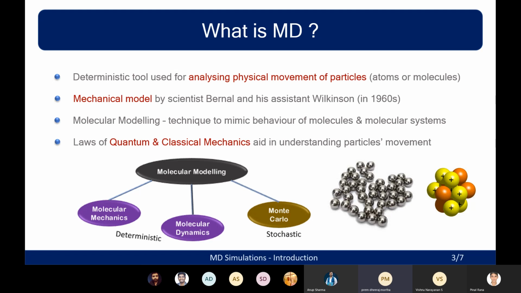If you ask why we should analyze the physical movement of particles, there are many reasons, but I would like to give you an example of why this is important. We all know about the ideal gas and the ideal gas equation. PV equals nRT is the ideal gas equation, and there are a lot of assumptions involved in the background. Although this equation is simple, we can't extend it to most real gases